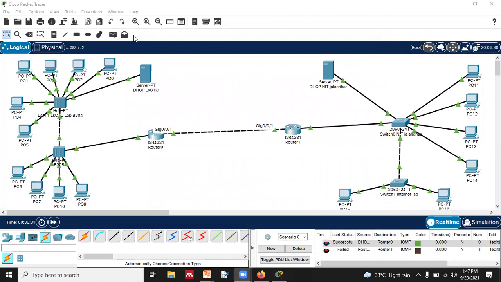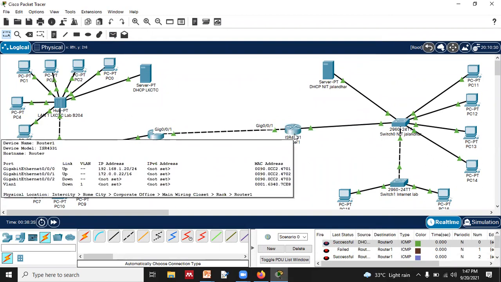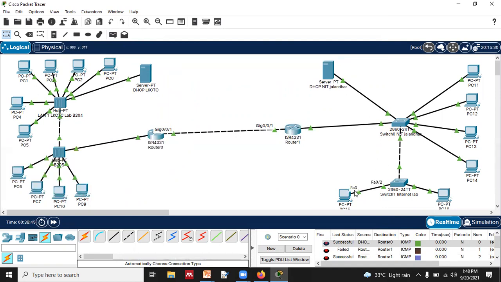In progress. Let's check it out once more. Successful. Because this is a router. Whenever dealing with a router, the first attempt always fails. I told you many times. So don't be worried about what the problem is, right? Just try it, reattempt it once again, and you will know that yes, these are working.